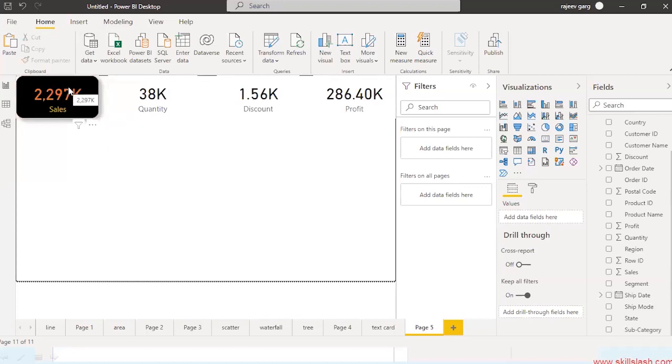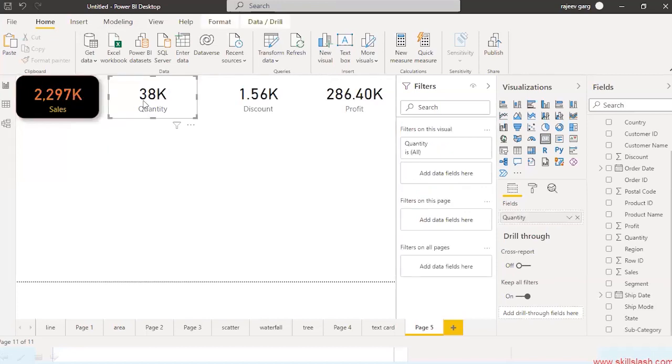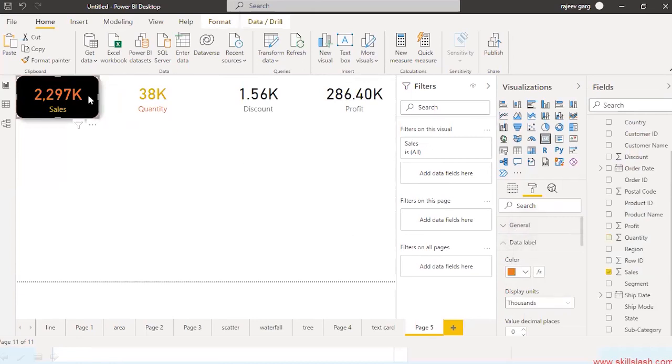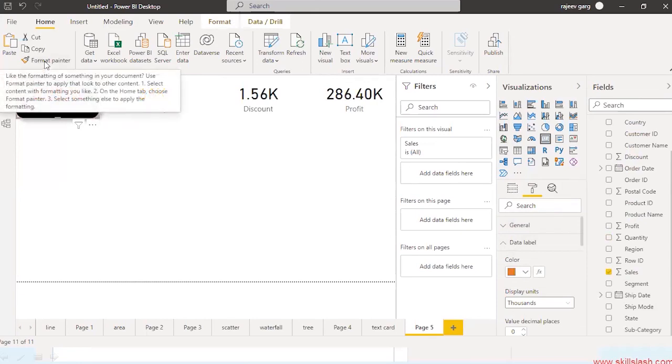Now I want to do the same formatting for the quantity as well. So again, I will select the quantity, go to the format, go to the category, change the color, right? So this is how I would be doing it. It will be taking time, but here I don't have to repeat all the steps. I can take this, and there is something known as format painter.